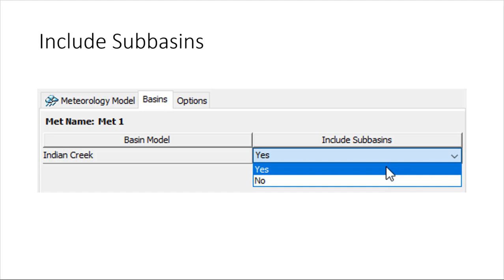Since they're general representations of atmospheric boundary conditions and can be set up to work with any basin model, they don't know anything about a basin model unless you tell them. In the component editor for the MET model, there is a Basins tab. Here you'll see all the basin models in your project. If you want a basin model to be usable with this MET model, you must select Include Subbasins Yes in